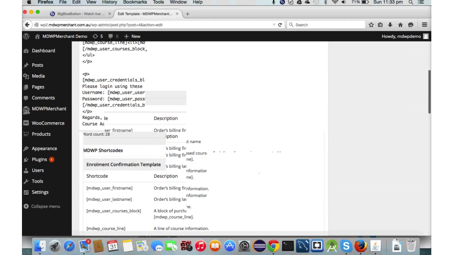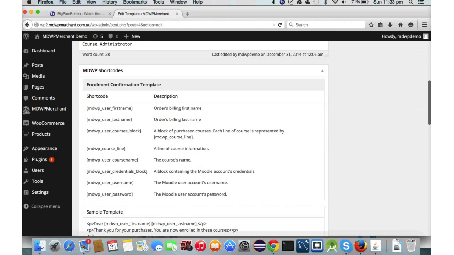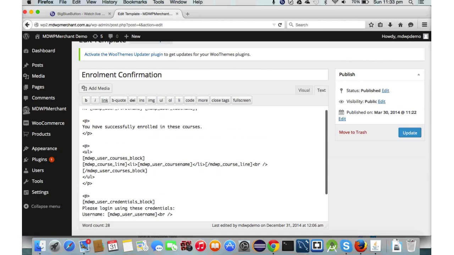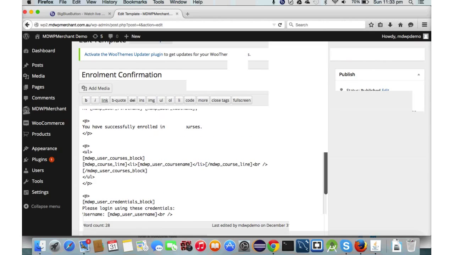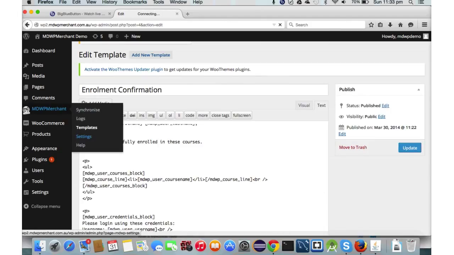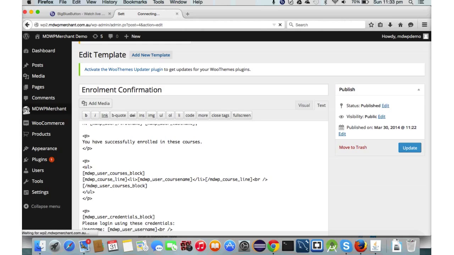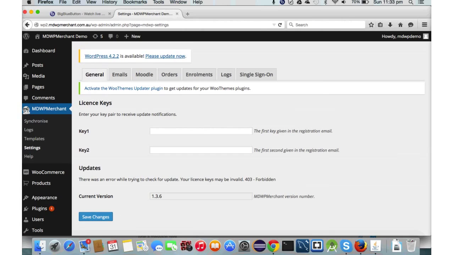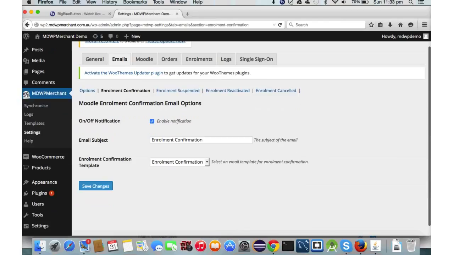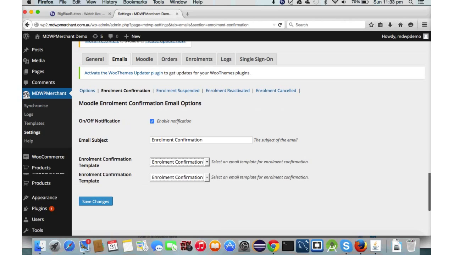And at the bottom of the screen, there are some shortcodes which you can use within the template to make the template more sensible. And you can wire up this template under settings, emails, enrollment confirmation,